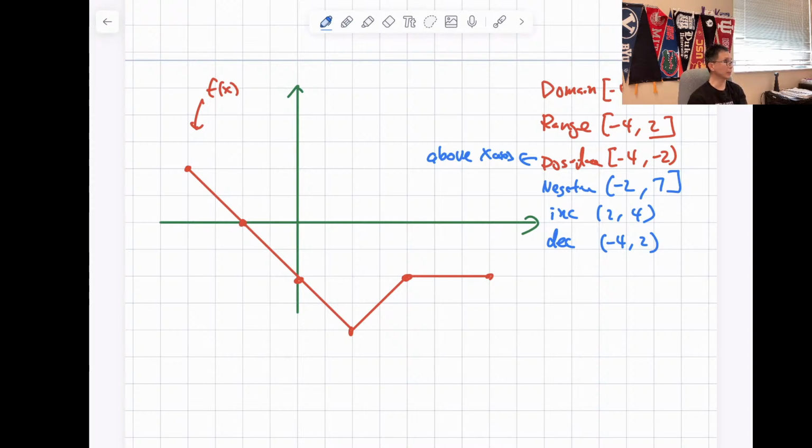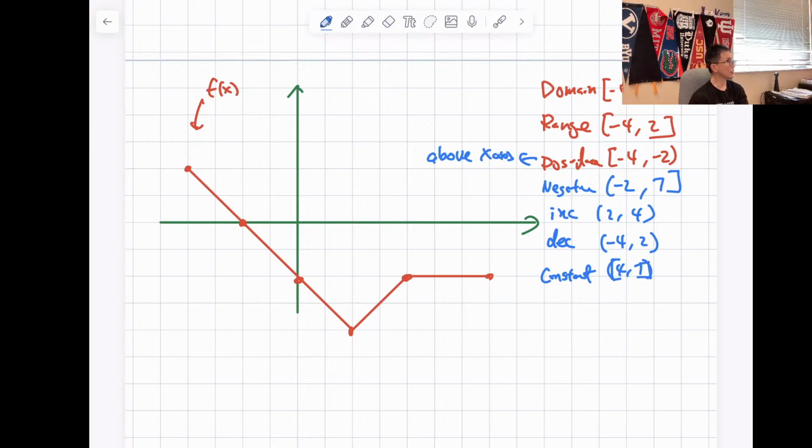Now there's one more thing called constant. A constant is when they stay at exactly the same output. So where's the constant here? It's going to be 4 to 7. Good. Because at 4 to 7, it's not really increasing or decreasing. It's not going up or going down. It's a constant. They stay at 2. And that's it. That's the only thing that happened there. It stays constant. I could have used a bracket here because it starts with 4 and 7, they all